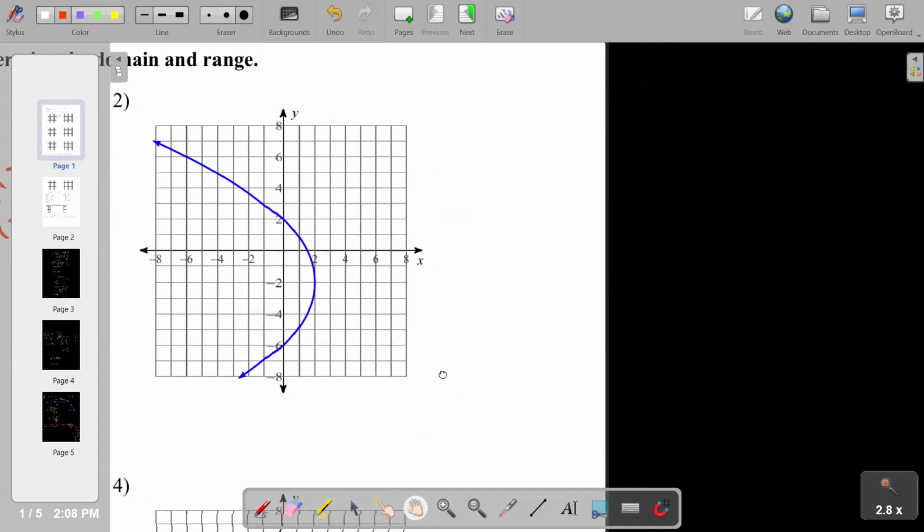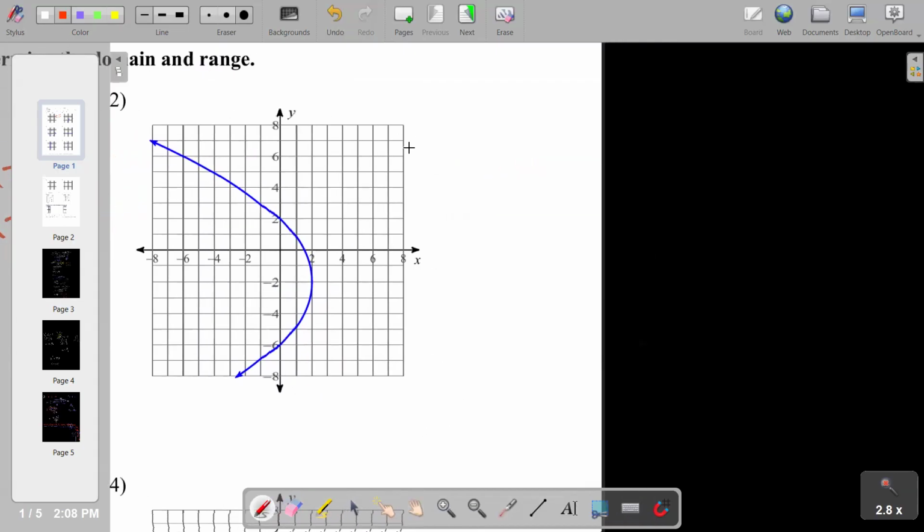So let's talk about domain and range. Domain, when I ask you for the domain, you need a little translator in your head that when I say domain, you think, how far left does graphy go? So the question is, how far left does graphy go? What's the answer? Forever, right? And when kids look at this and they go, well, it only makes it to like -8, I'm like, do you not see? And honestly, it might be hard for you to see it up on my TV, but there's an arrow there. So it goes forever to the left